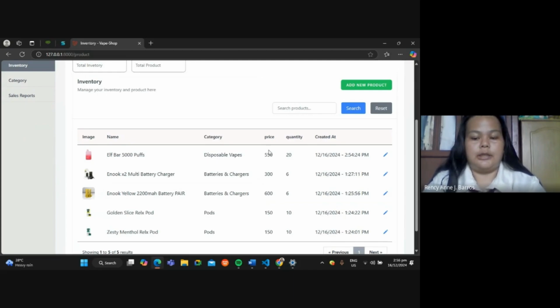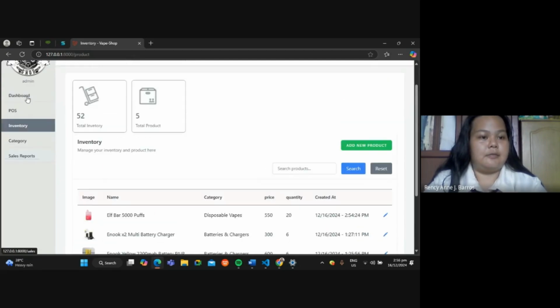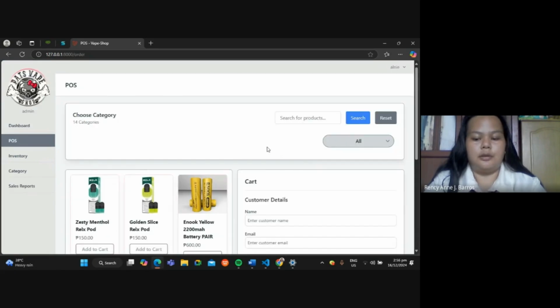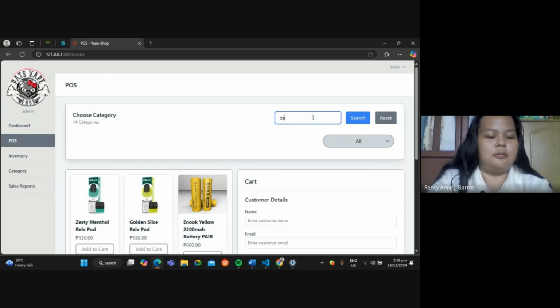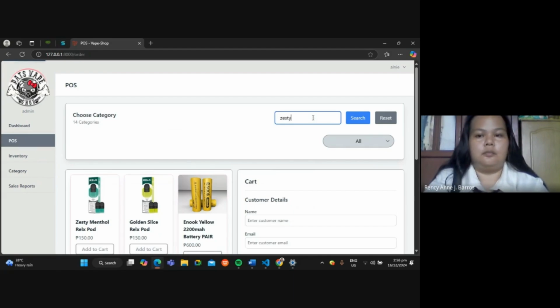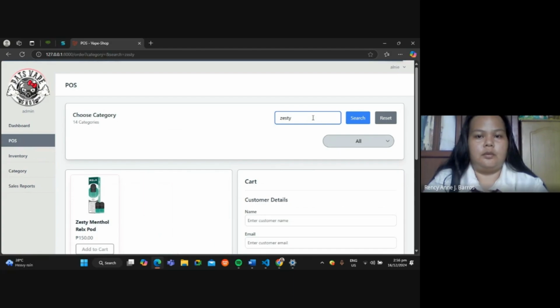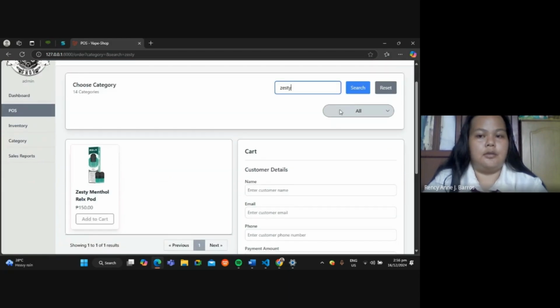The sixth functionality is search product and select category. In the POS interface, in here, search for a product or select a category.